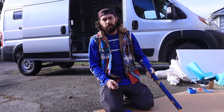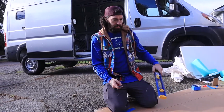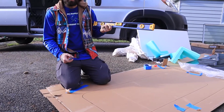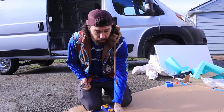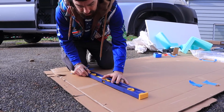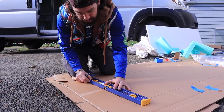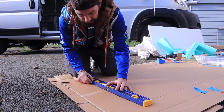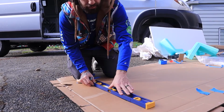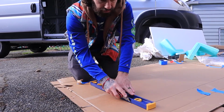Okay, ready? So I have my template all traced out in Sharpie on my piece of cardboard. I'm just going to take a long straight edge and kind of line it up on my straight lines. And then when you get to the corners, you're going to have to kind of go around the corner with your blade yourself. So let's...